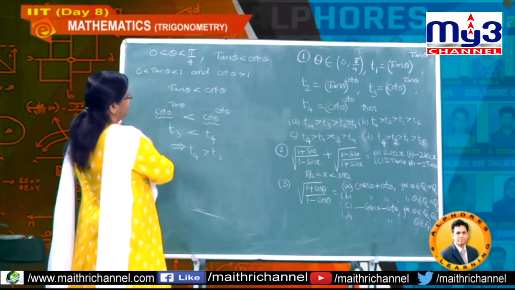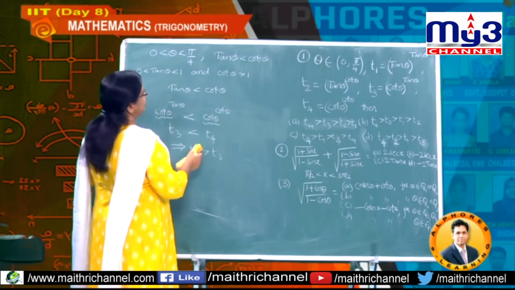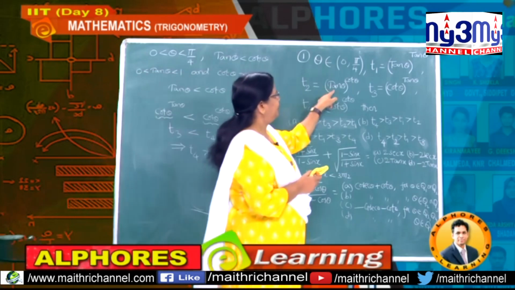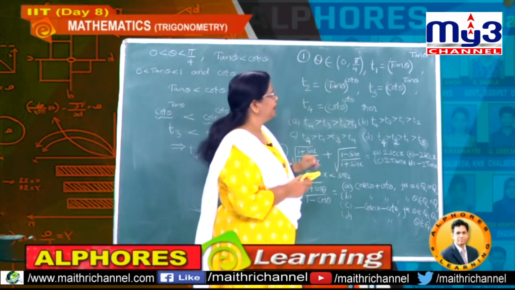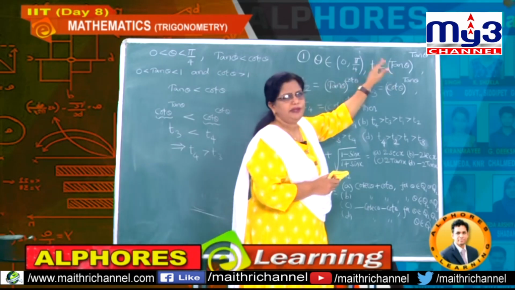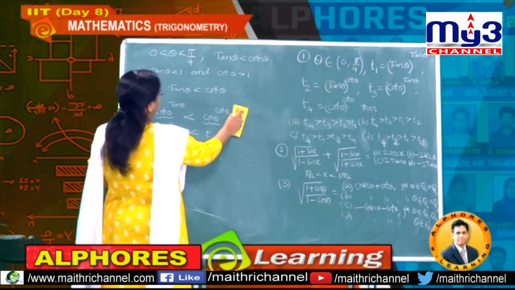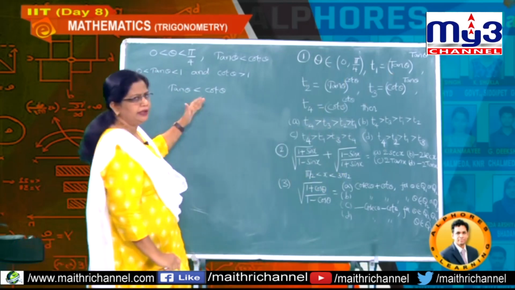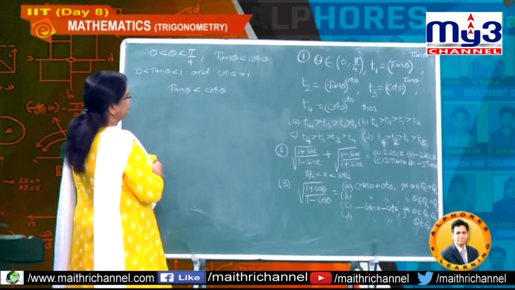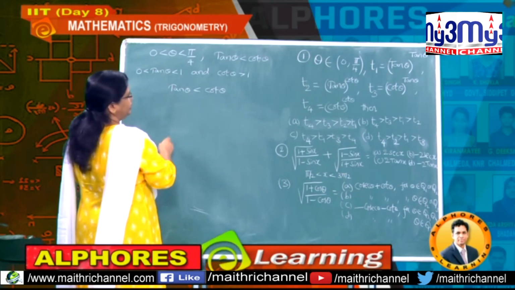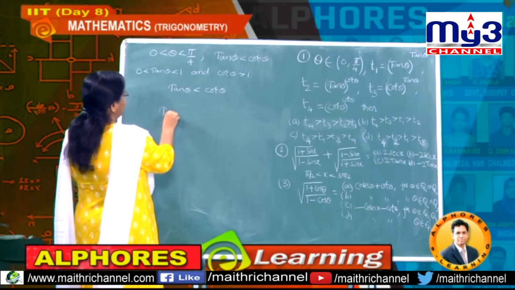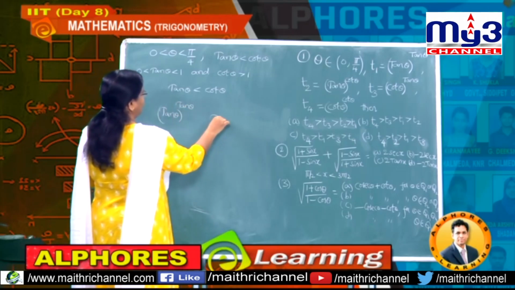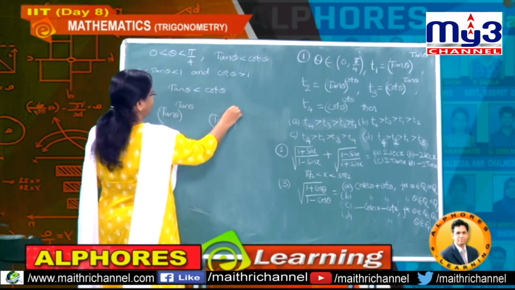Okay. Now this conclusion we got. Let us observe the other results. What are the other results here? Tan theta, tan theta. Understand? Now these two are base values. Again I proceed in the same way. Tan theta less than cot theta. Tan less than cot. Now I am taking the base as tan theta. That is tan theta to the power of tan theta, and here tan theta to the power of cot theta.